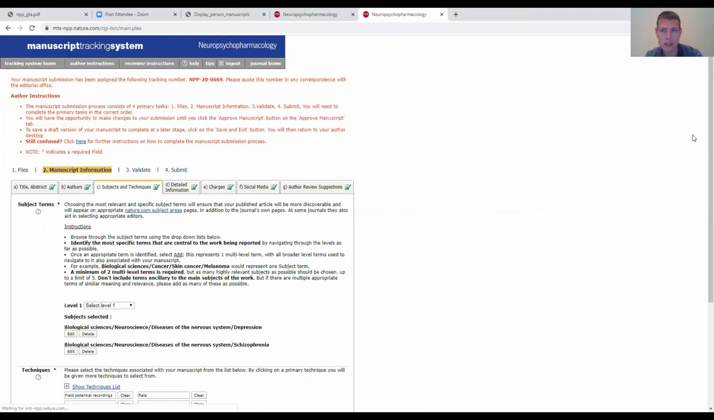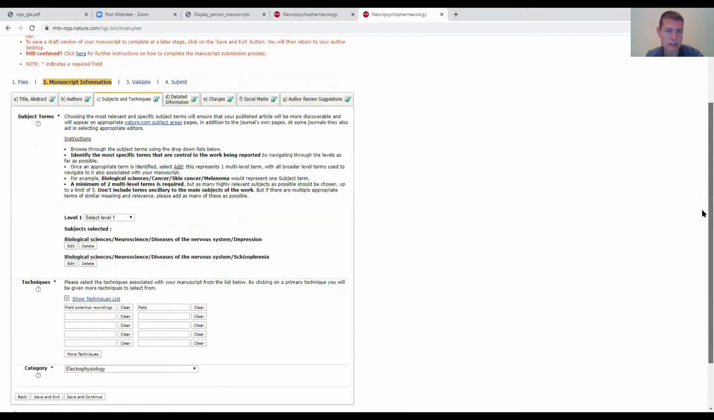Then in this particular journal, they like you to identify what is the more specific type of focus of the paper. For example, biological science, cancer, skin cancer, melanoma. In this case, it's biological science, neuroscience, diseases of the nervous system and depression, and also disease of the neurosystem, schizophrenia. So I've given 2